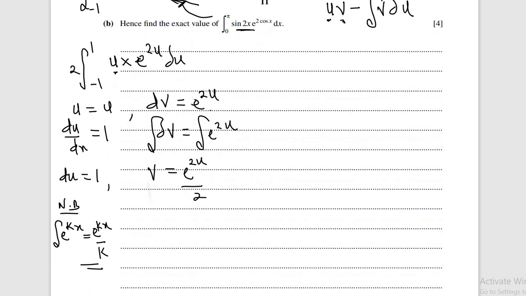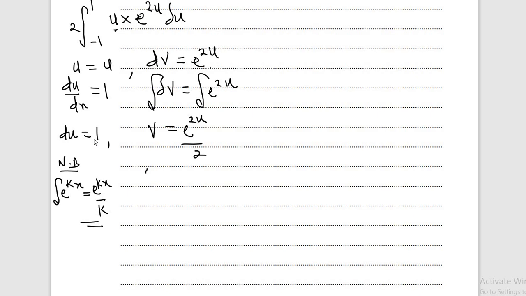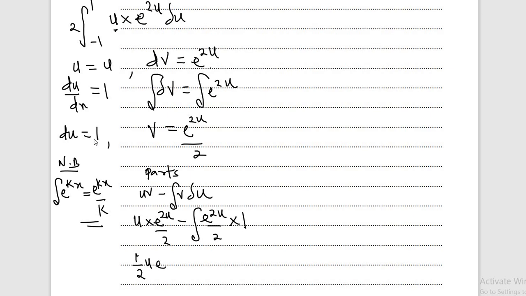We call that integral by parts: uv minus the integral of v du. What's our u in this case? Our u is u. Our v is e raised to power 2u over 2, while the du is 1. So at the end of the day, we have half u e raised to power 2u minus